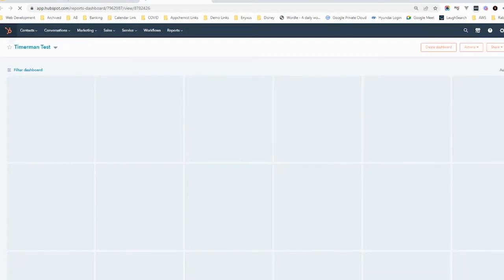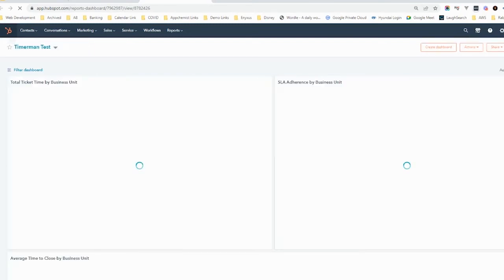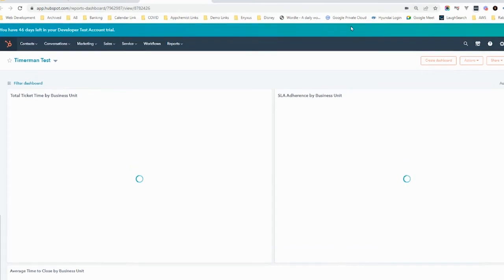But a private app pretty much has most of the things an OAuth app has. And by the way, OAuth in this case really means a public app. It is what miscellaneous people are going to download or use. So if you don't know your customers, more than likely you're going to be making an OAuth app. If you're making an app for just yourself, then you would probably do a private app.